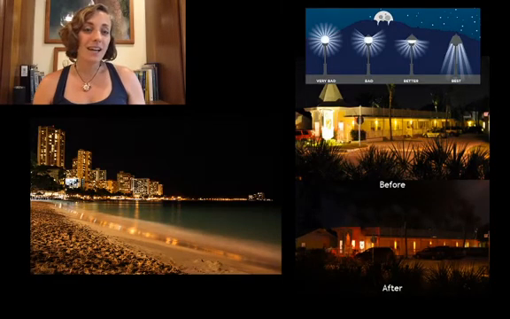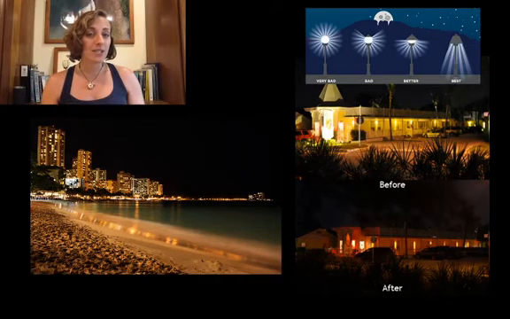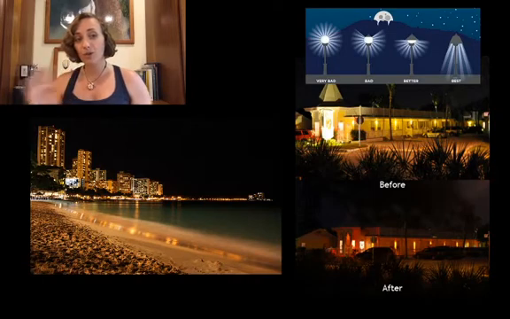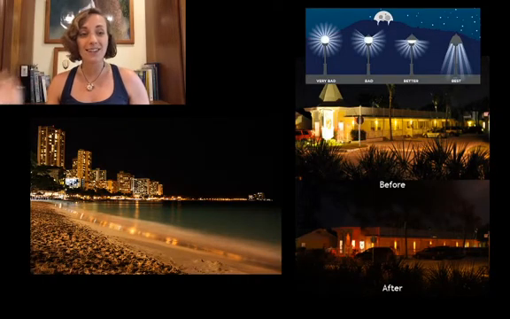And the same thing happens with a lot of other animals. They get disturbed by this, and sea turtles especially are looking for a dark place to nest. So lights on the beach will scare turtles away, or it might confuse them. Hatchlings might go towards the lights at a hotel instead of going towards that moonlight that's shining off of the